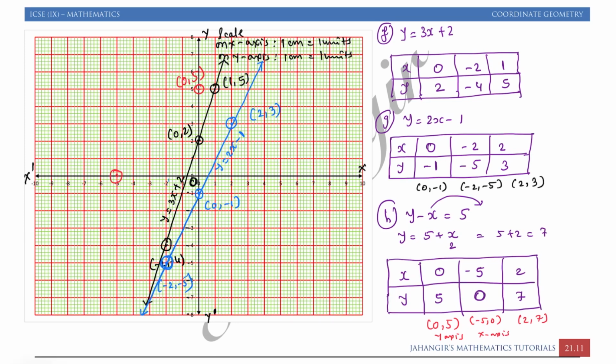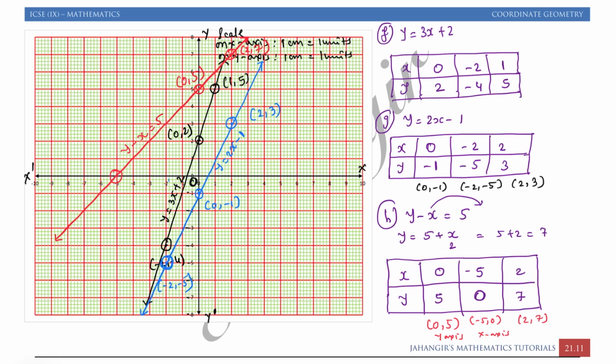Then if I am putting 2, 7, I am getting somewhere here. You can write it here 2, 7. If you will see, again I am getting a straight line. Just check the red points properly. This is the straight line. Mark arrows. You can write y is equal to, you can write the original equation on the line if you want.